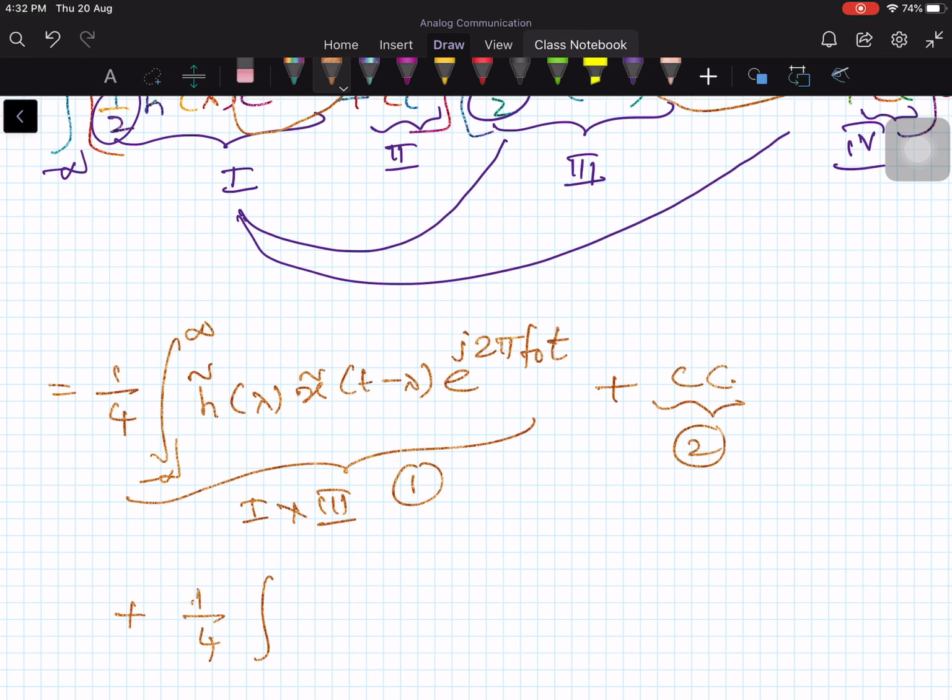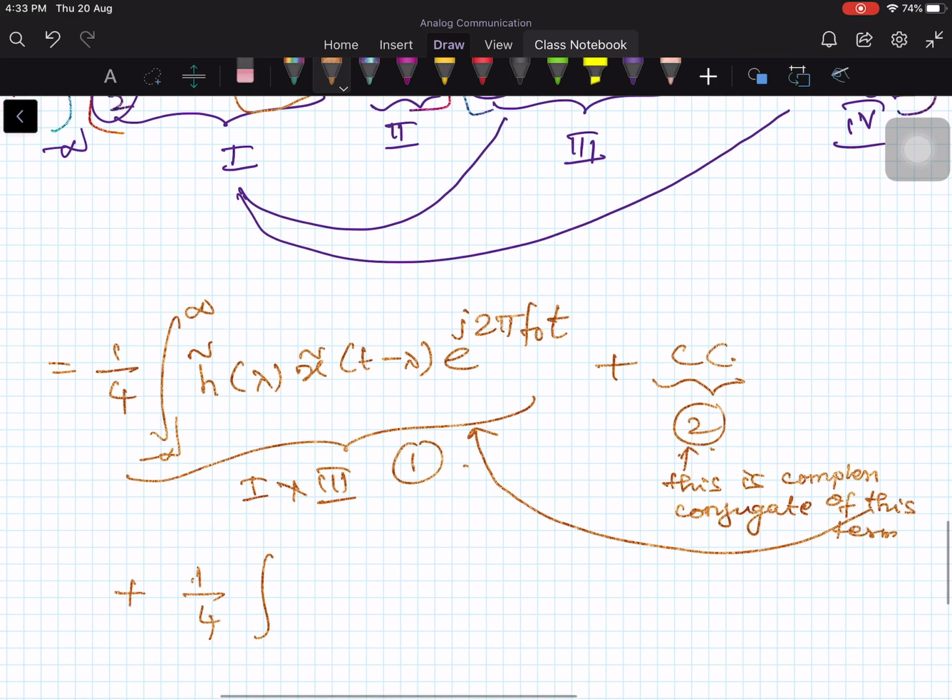No, the second term is the complex conjugate of the first term. This is the complex conjugate of this term. Which term? This term. I can write it down, but it's not necessary. It's simply repetition. And if you multiply 1 and 4, then